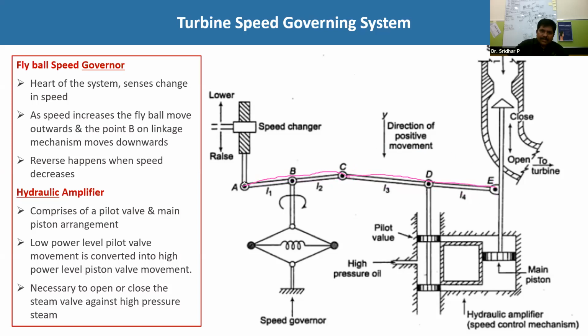And this is the linkage mechanism, and the only important point you have to remember is that if you are taking point A, A is allowed to move only in the upward direction or downward direction. B is also like this, only up or down. At any point on the linkage mechanism, it is only allowed to move either upward or downward. And if any point on this linkage mechanism, ABC or CDE, is moved in the downward direction, those movement directions are taken as positive movements. So these are the conventional directions.